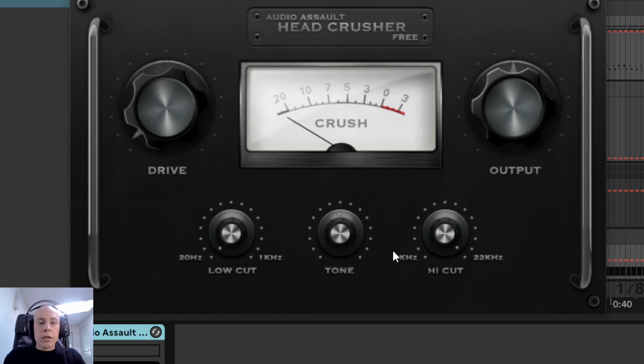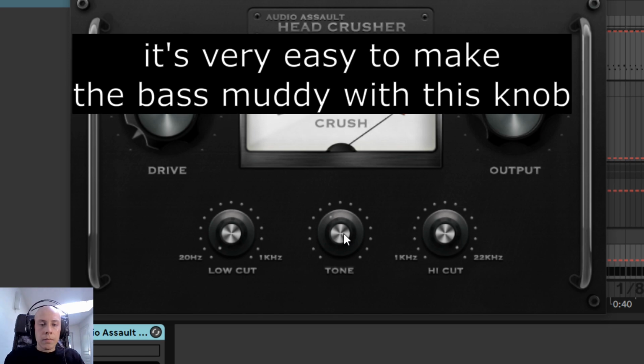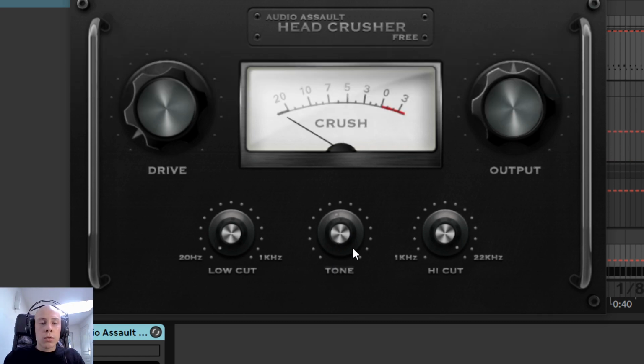Now in the middle position, this control acts rather neutral. If I want to make my bass even heavier, I can bring the tone control down. I don't want to overdo this because my bass sound will be too bloated then.